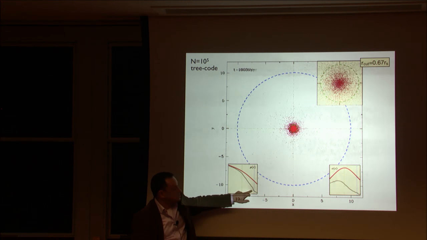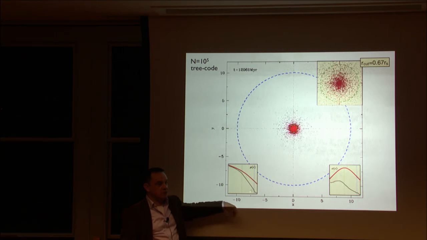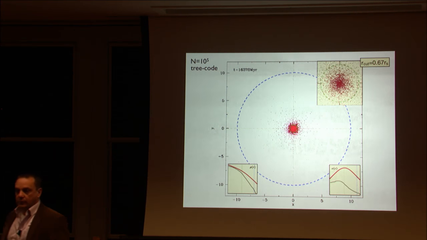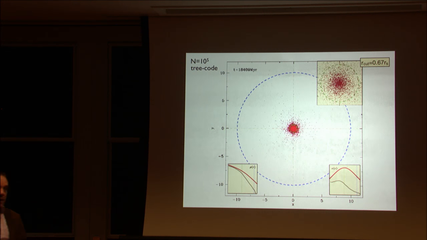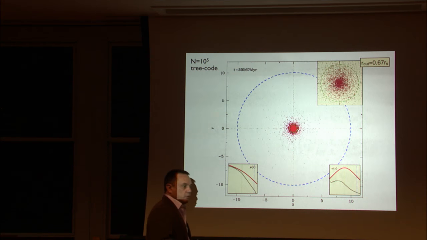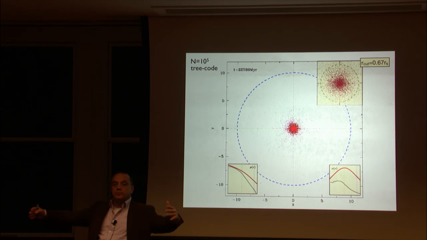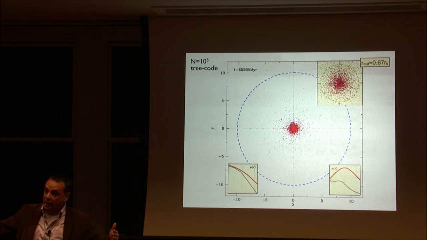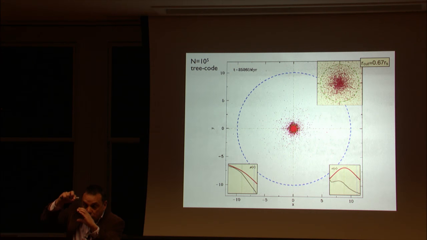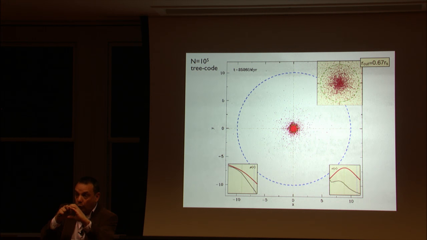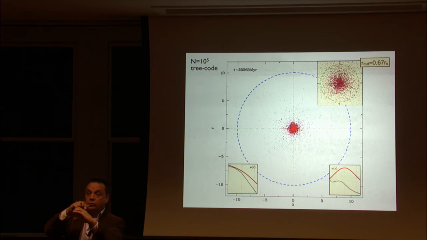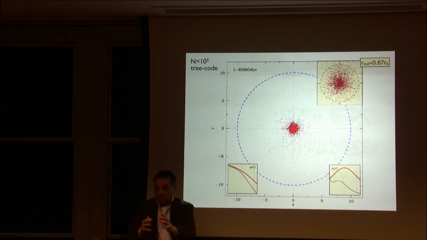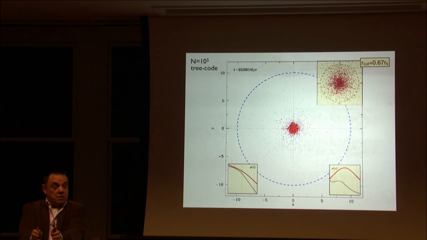Basically, the density profile becomes a bit steeper. It re-virializes and makes a nice virialized system. I can run this for 200 gigayears and nothing happens. It just sits there, nice and stable. The reason why the total binding energy being positive doesn't disrupt the system is that there is a huge distribution of binding energies for the individual particles. And yes, there's going to be a bunch of particles that have very positive binding energies. Those are the particles that happen to be close at pericentric passage when I strip all the matter outside away. They suddenly don't see the outer mass anymore and they just take off. Adios, bye-bye, never to be seen again. But all the other particles nicely sit there, have negative binding energy, and they just rebind.